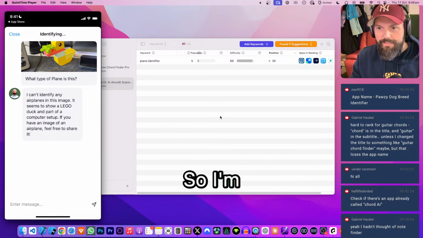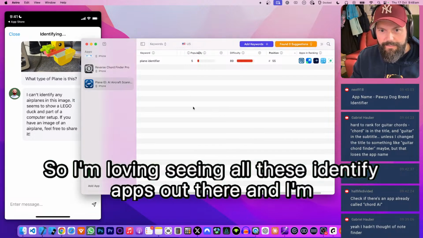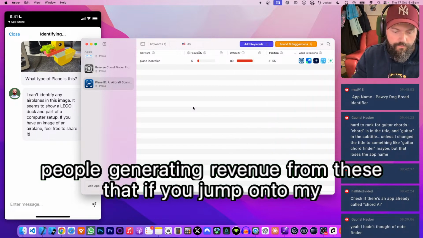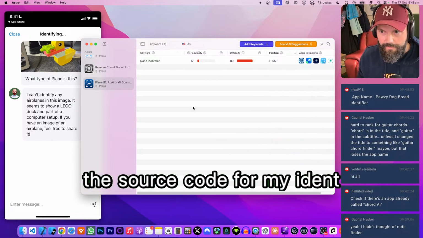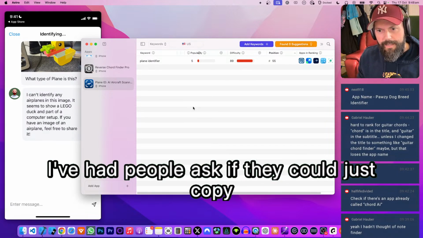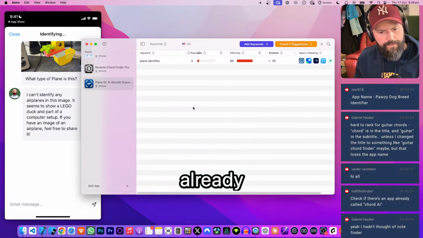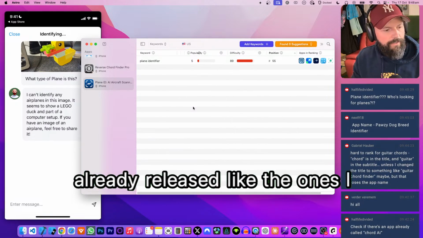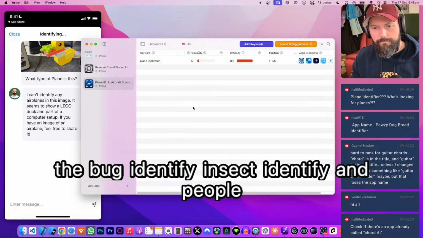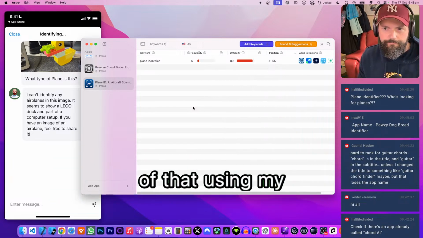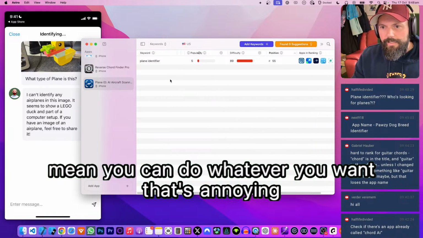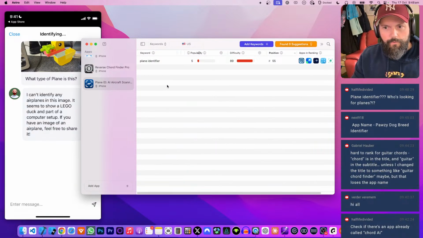So I'm loving seeing all these identifier apps out there, and I'm loving seeing people generating revenue from these. If you jump onto my GitHub, the source code for my identifier apps is out there. I've had people ask if they can just copy the same app that I've already released, like the fish identifier and the bug identifier, insect identifier, and people just wanted to build an exact copy of that using my code, which, I mean, you can do whatever you want, but that's annoying. So I'm really excited to see people use different keywords and finding different